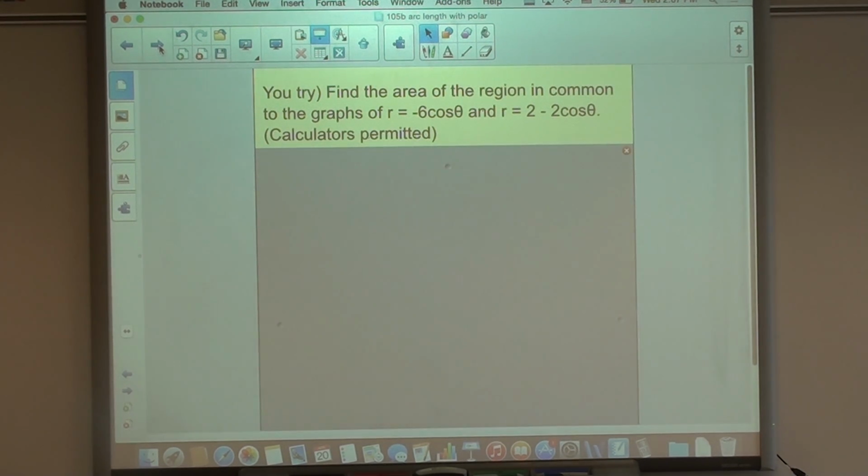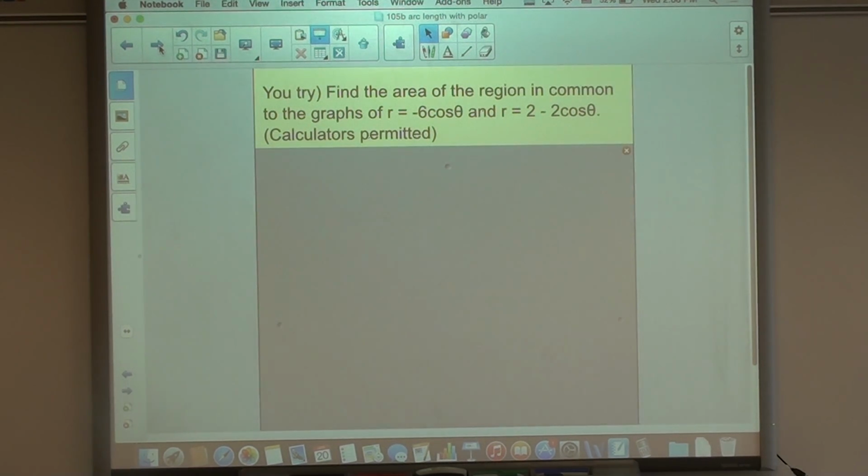Well, I need the space from here to here, right? No, that's 2 pi thirds. Don't think vertical, horizontal. Go from the center around, right? So what you need to decide is, from here to here, what graph are you on, and what angle on that graph gives you your point? And then from here to here, what graph are you on, and what angle gives you the beginning and ending point